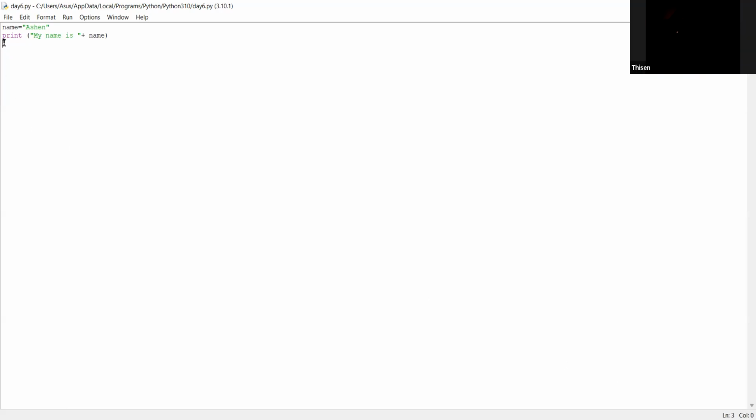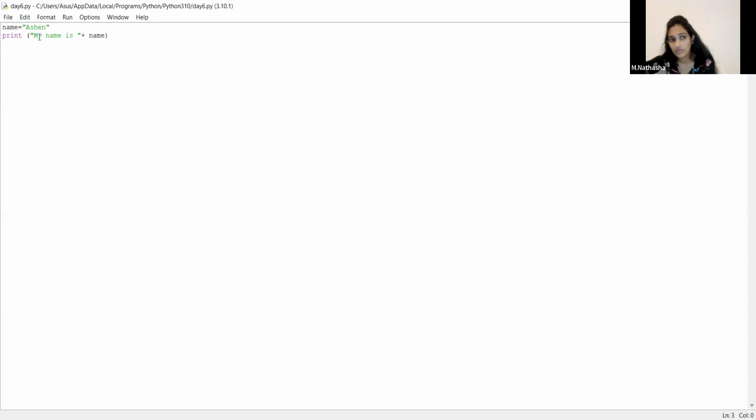Okay. Yeah. Here we create a name. It's called a variable, right? This is called a variable. Variable means we are assigning values. It means we are using a variable to store a value, right? So first in this program we create a variable called name, and after that we assign a value called Ashane. So this is a variable and we assign a value.